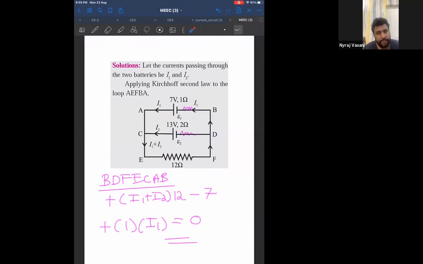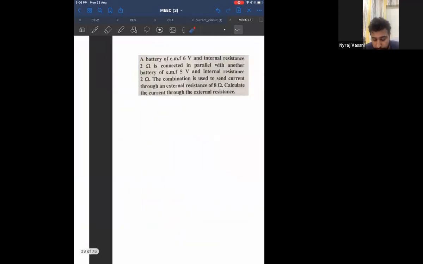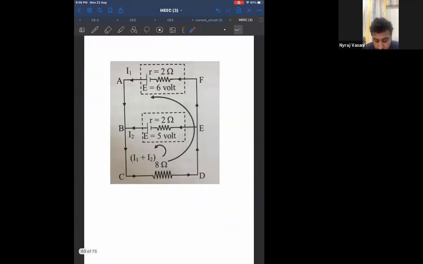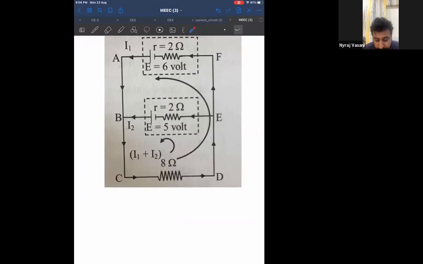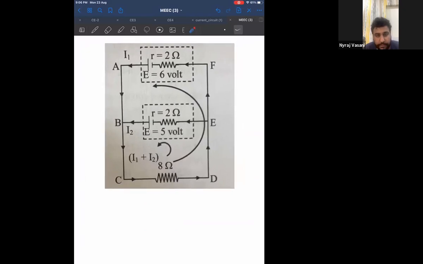Do you want to try one problem where I will give you the loop and I will tell one person's name, and that person tries to give me the equation? We'll not solve the equation. We'll solve the equations when we actually do the problem. Today, I want you to get familiar with the loop. Okay, so the next loop that I will show you is this. This is actually the answer of some other question, but okay, for us, this is our question.